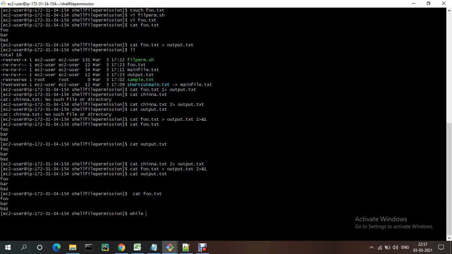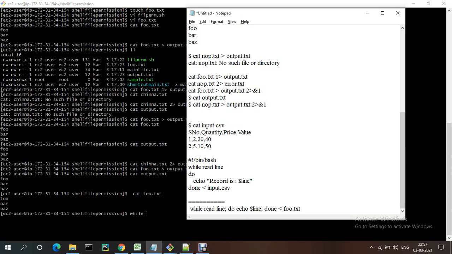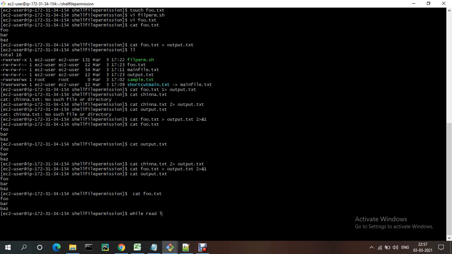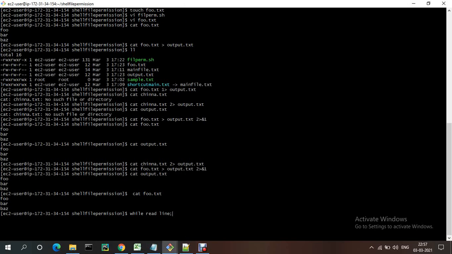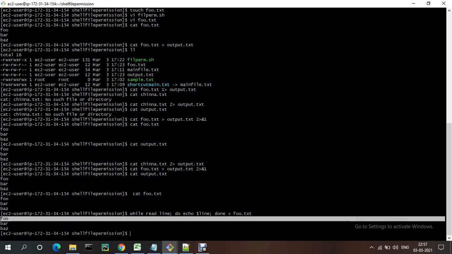While read line, do echo line, and done. This is less than, and this file name. See, it will be read line by line.